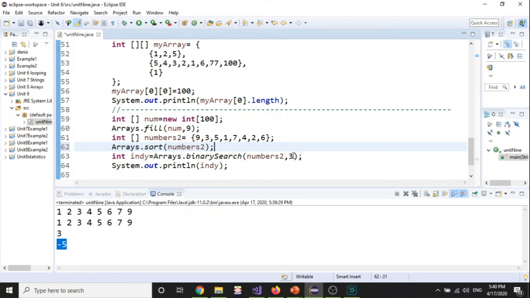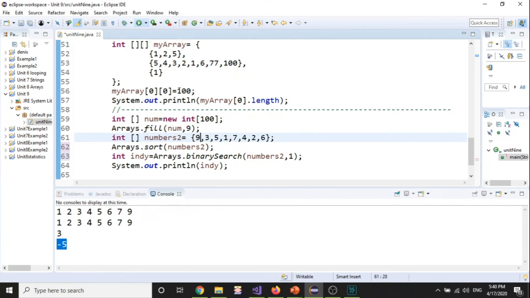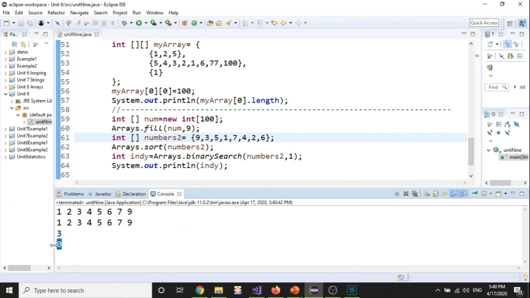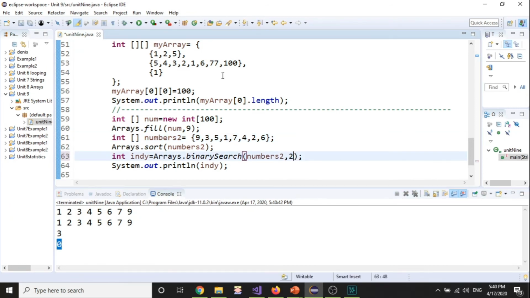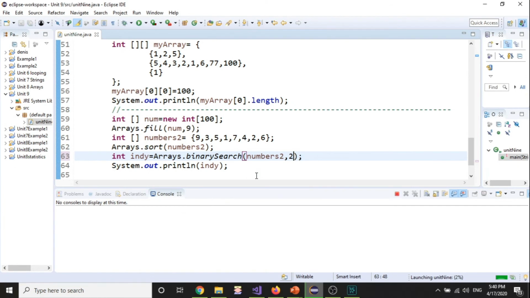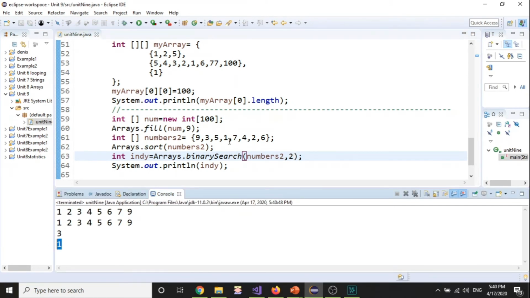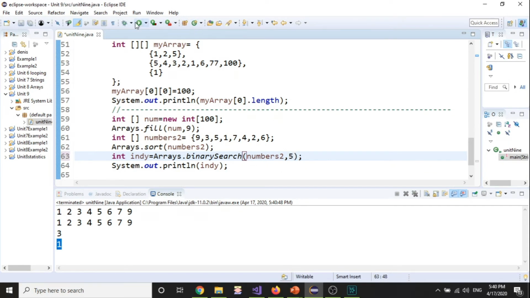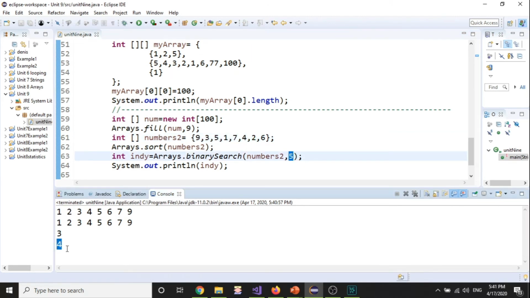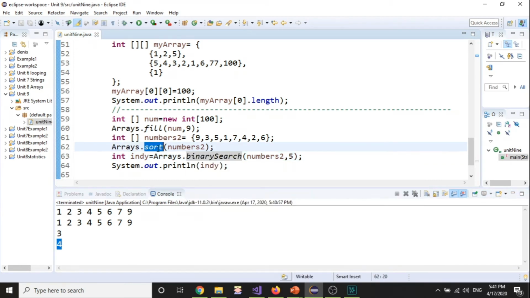Now, when I'm going to be searching for 1, where do you think 1 is going to be after this will be sorted? It's going to be the first element. So let's run that and see if that's the case. And here it is, 0. Now let's search for 2, the one that gave me a -5. Now it's 1, because it's, again, after 1, after you sort this. Let me search for 5. Again, if I can just print this array sorted, you will notice that 5 actually is going to be located at number 4. So binary search, if you want to use binary search, you need to sort the array first,